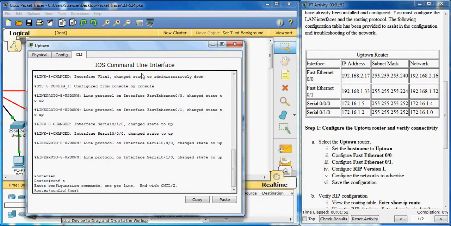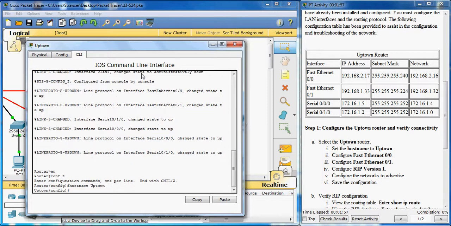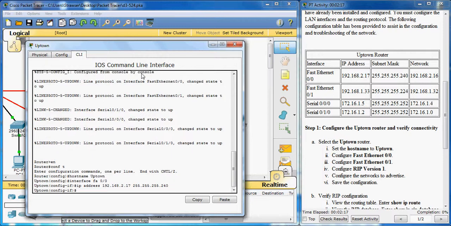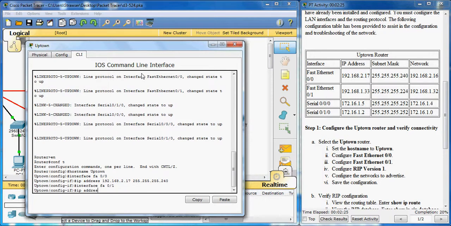So first we want to name it Uptown, and then go into the interface here. Do 17 and do the subnet mask. Go into the other interface, add its IP address,